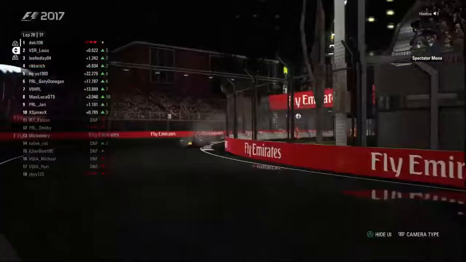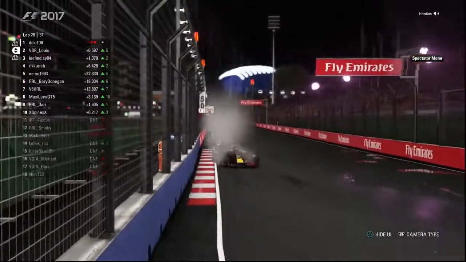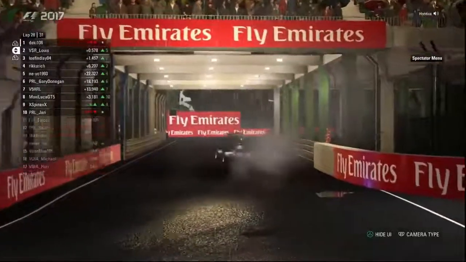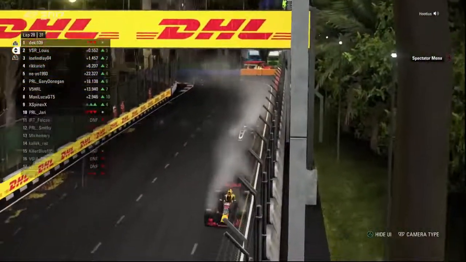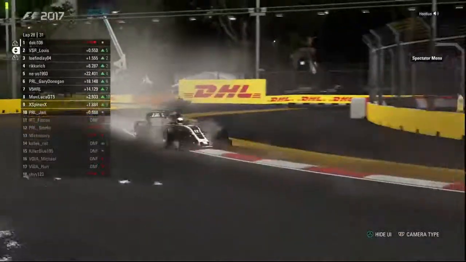Decky, our pole sitter, takes the lead back. He's got Lewis right behind him. Now remember, even before Decky caught Lee, Lewis was the fastest car, not by much, a couple hundredths. But he was the faster car. It's going to take something...